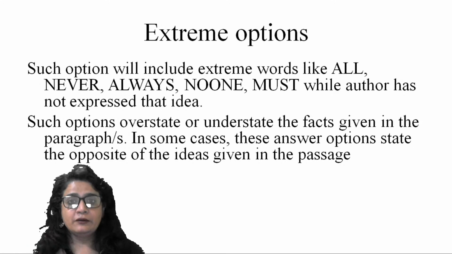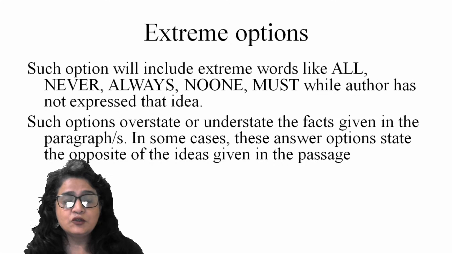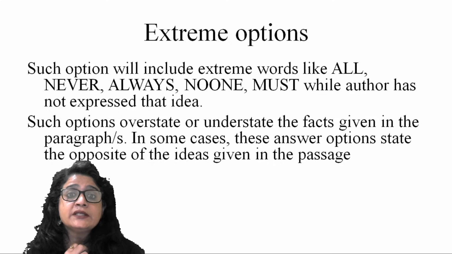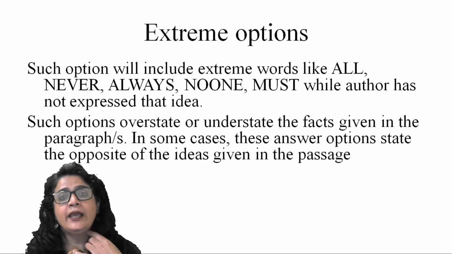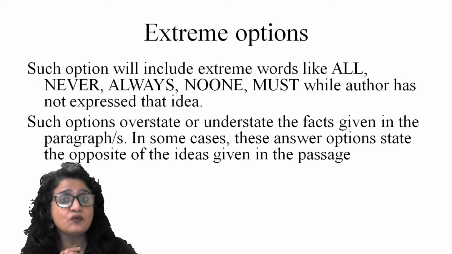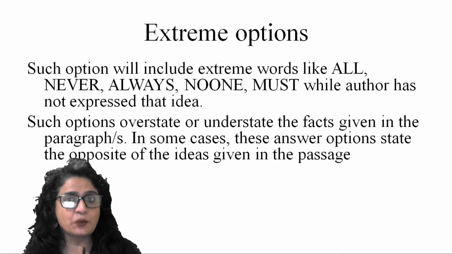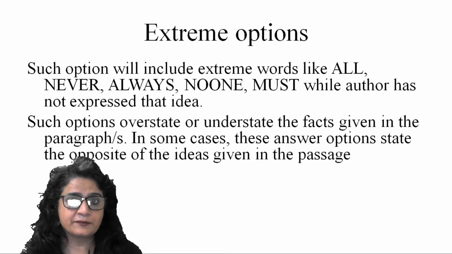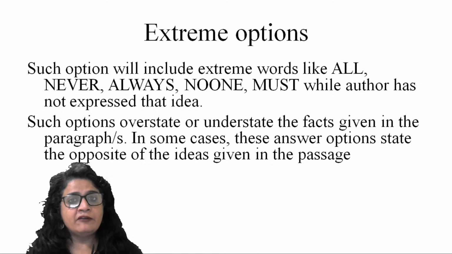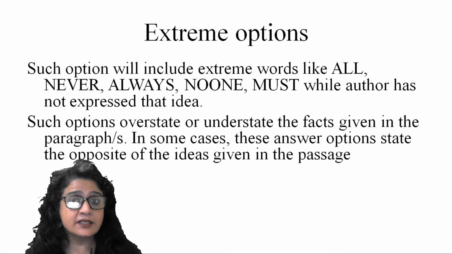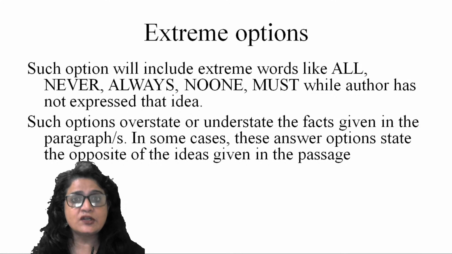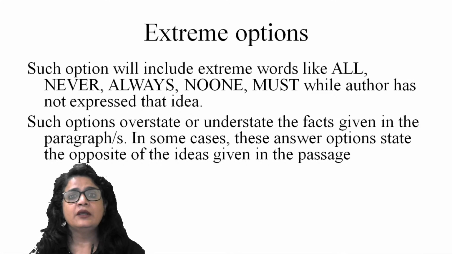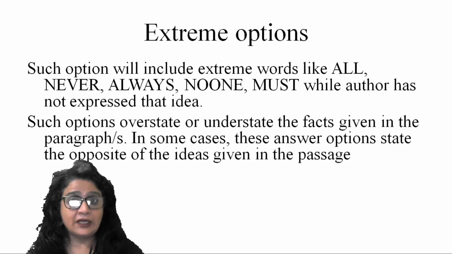The third guideline, or the principle that you have to abide by while choosing your right answer for a summary question, is avoiding extreme options. Avoiding extreme options is true for reading comprehension questions as well, or critical reasoning questions, so it is true for para summary questions. So if everything has been stated in moderation, and the author has not overtly stated an extreme opinion or extreme thought, you don't have to assume that extremity in your option, and hence these words become the guideline